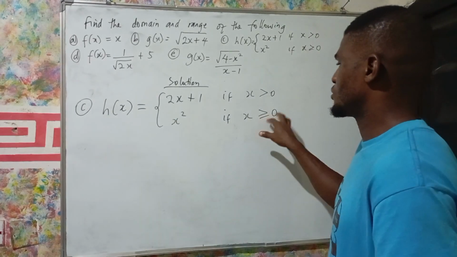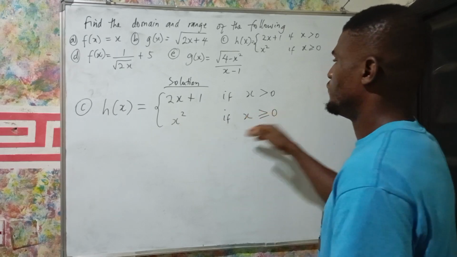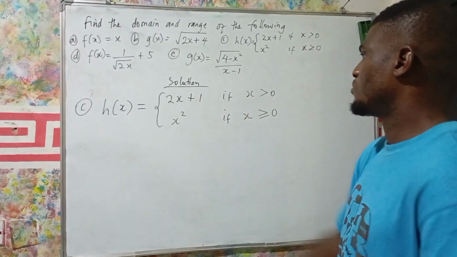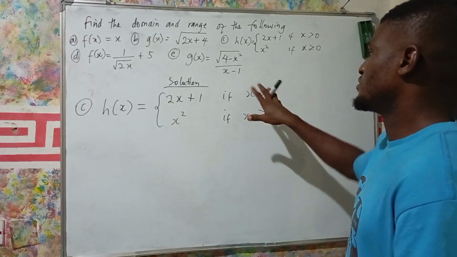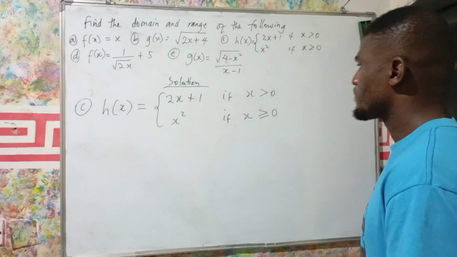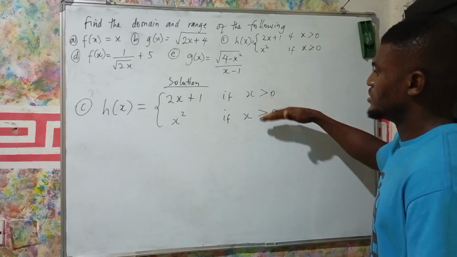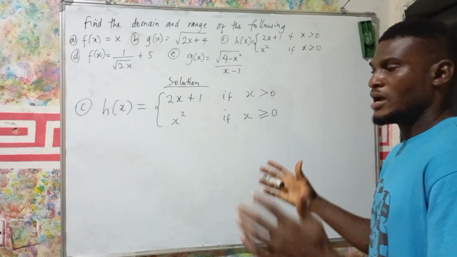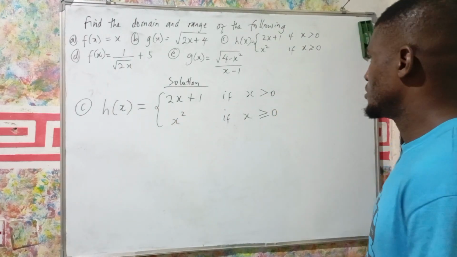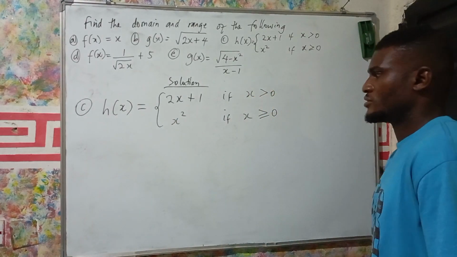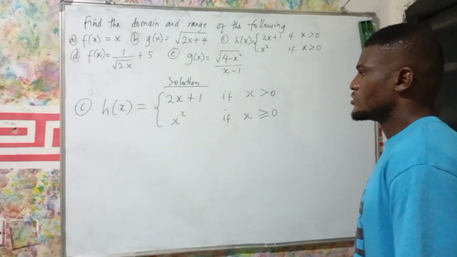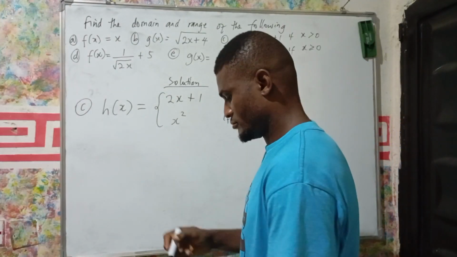Alright, so this equation really now is majorly for 0, while this other one is for values that are greater than 0. Okay, so here we see the ranges. The ranges in the domain in these two cases has a correlation greater than 0, and then includes 0. So we can say that the domain now